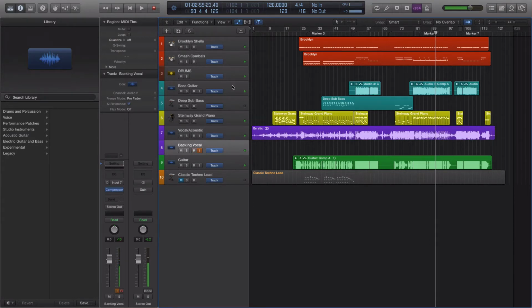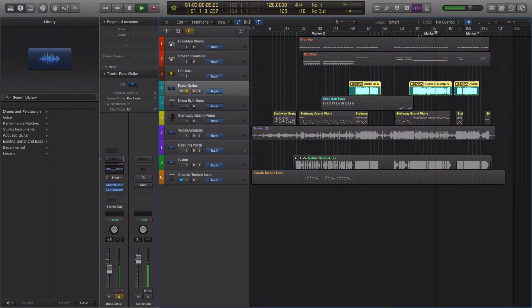Okay, so buried in that mix is this bass guitar, which I will play by itself. And in the context of the mix,